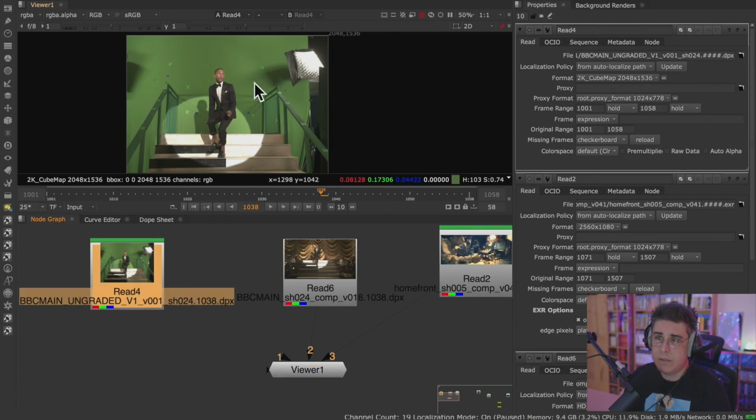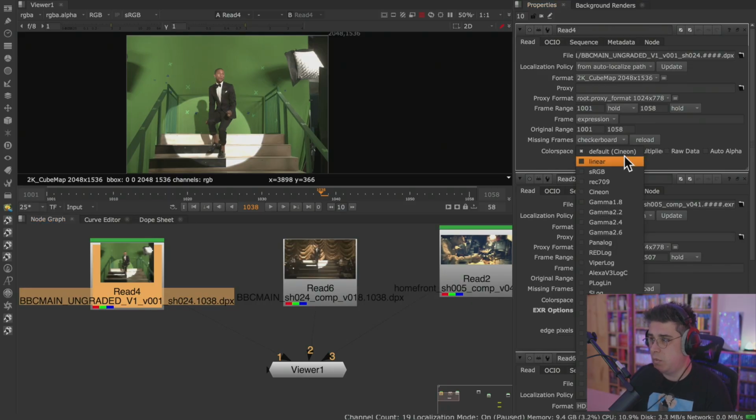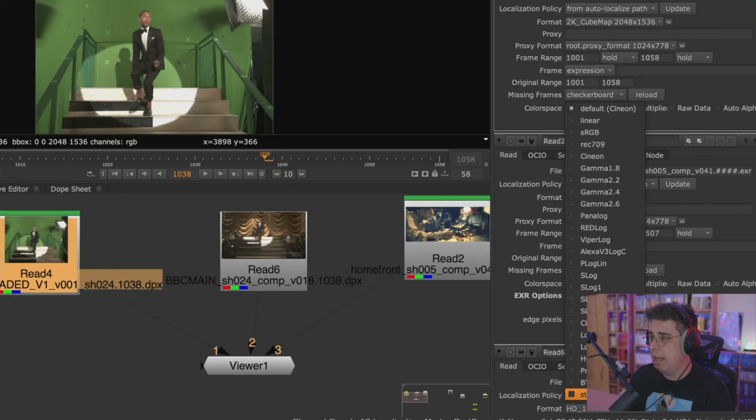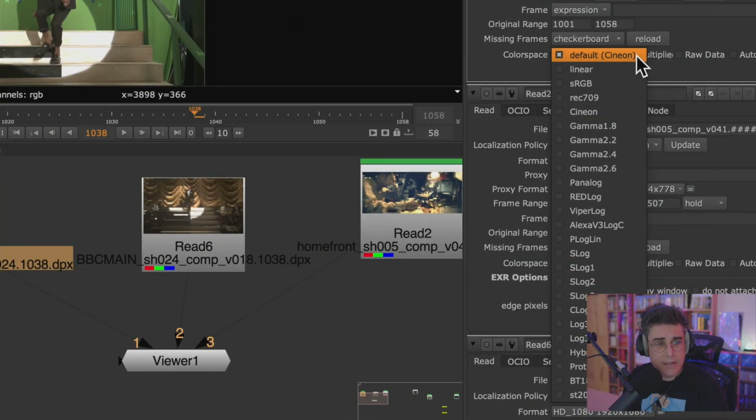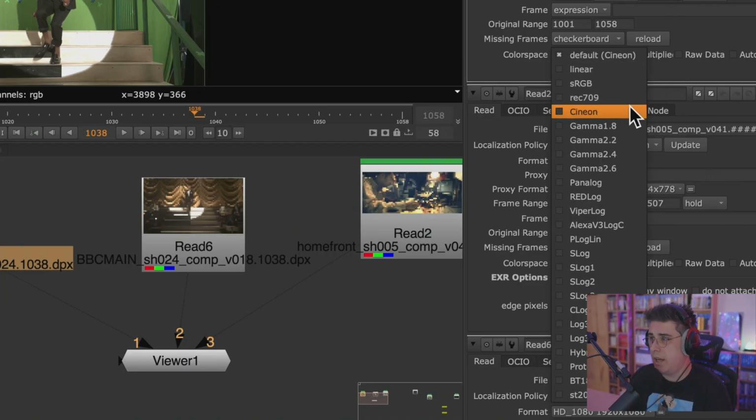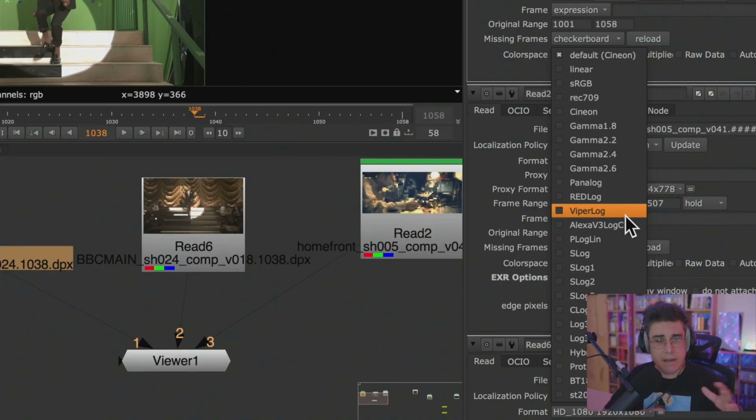So for example, this one was filmed with the Alexa color space, and it was converted to DPX, Cineon color space, which is this one here. So these are all the color spaces that we usually have inside of Nuke. And as you can see, we have the typical color space, which is Cineon, the DPX type of color space. Then we have linear, sRGB, Rec 09, and